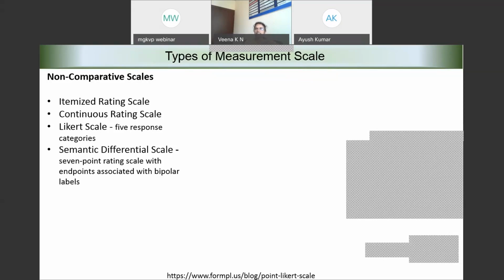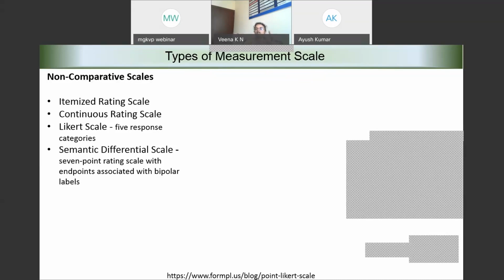The other possibility is the continuous rating scale. For example, when we have a scale in which the rating could be even in decimals, like a continuous variable, then we are asking the respondents to give the responses in a continuous fashion.